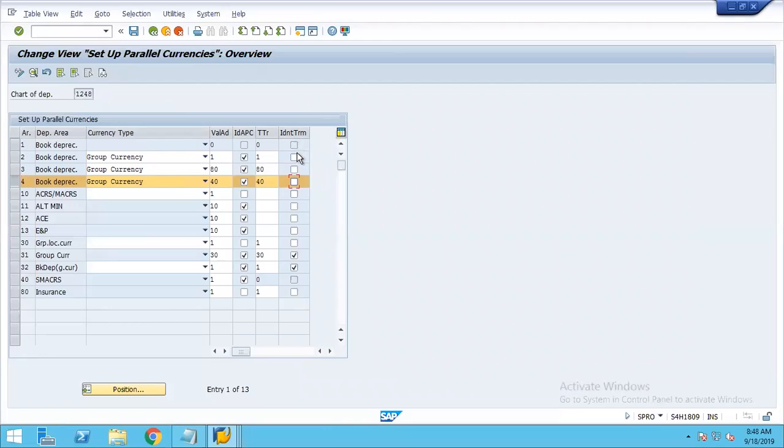The next we have is identical term. So we want to consider identical. It means we are copying the same terms, whatever we have. It means one is nothing but depreciation area 1. Whatever the terms that we have for 1, we are considering the same thing for 2, which is the reason why we are selecting identical terms. And in the case of third, we will be considering 80. Select the same thing. And in the case